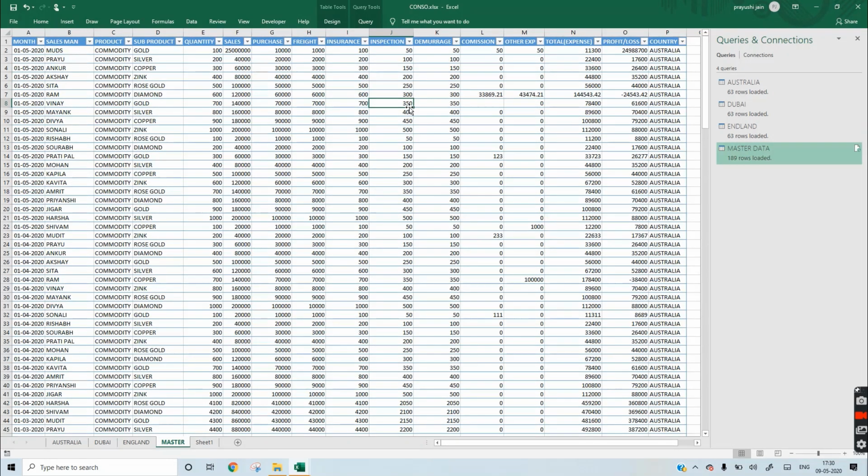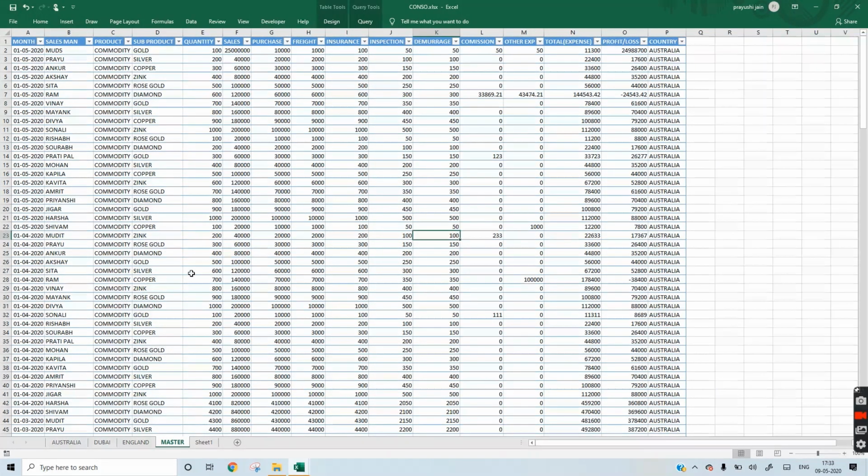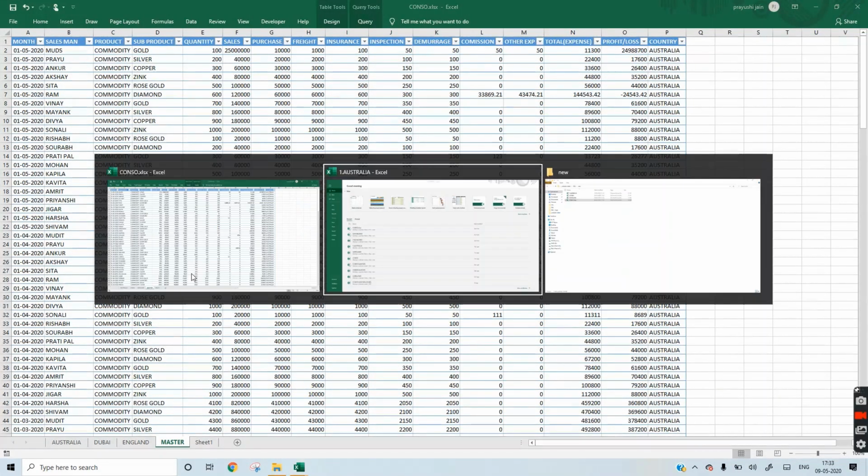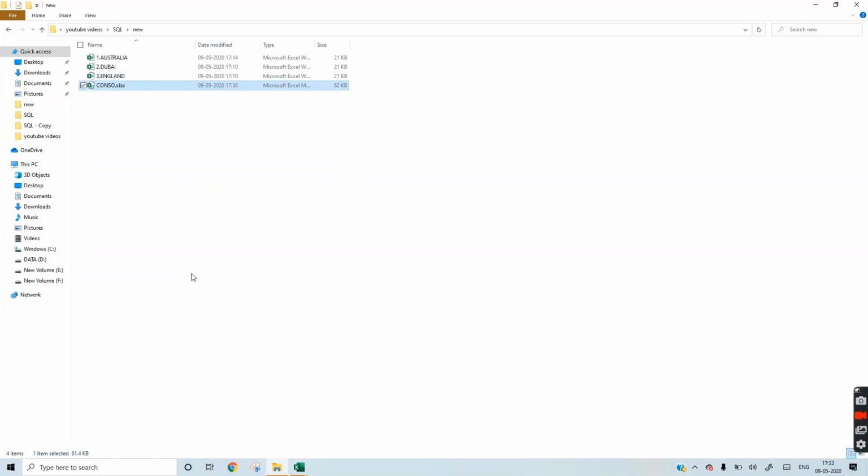Now we will prepare for dashboards. The last part is our management report. So what we will do, we will copy and paste this consolidated file because we have already imported all data here, and change the name to Top Management Report.